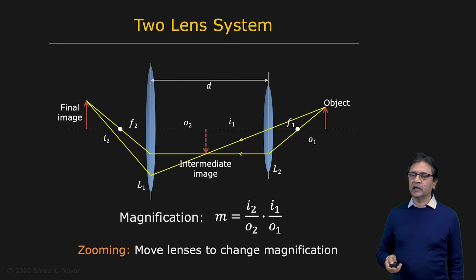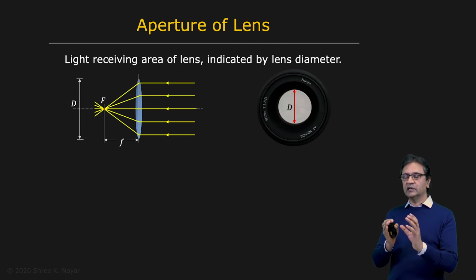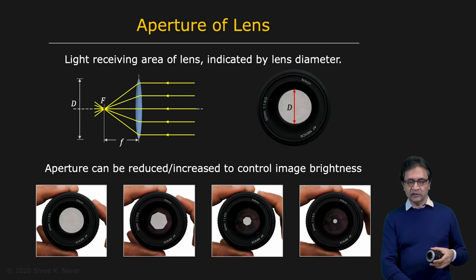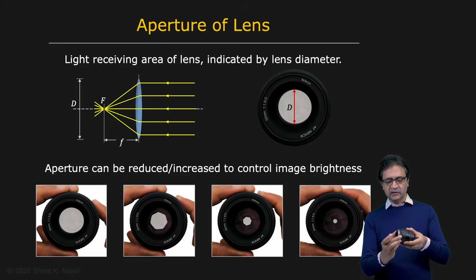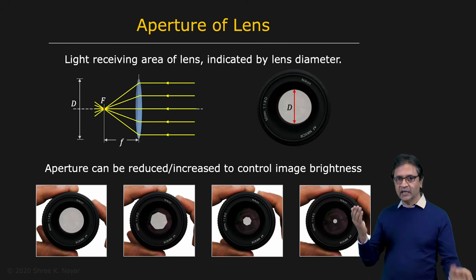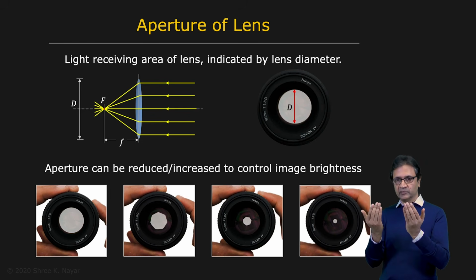Now let's talk about the aperture of the lens. The aperture of the lens is the clear area of the lens that gathers light from points in the scene, and it has a diameter d. So in a typical lens, such as this one right here, you see that the aperture is implemented using what's called a diaphragm. So you can change this ring in the back right here, and what that does is that there's a set of blades that come together to change the diameter of the aperture.